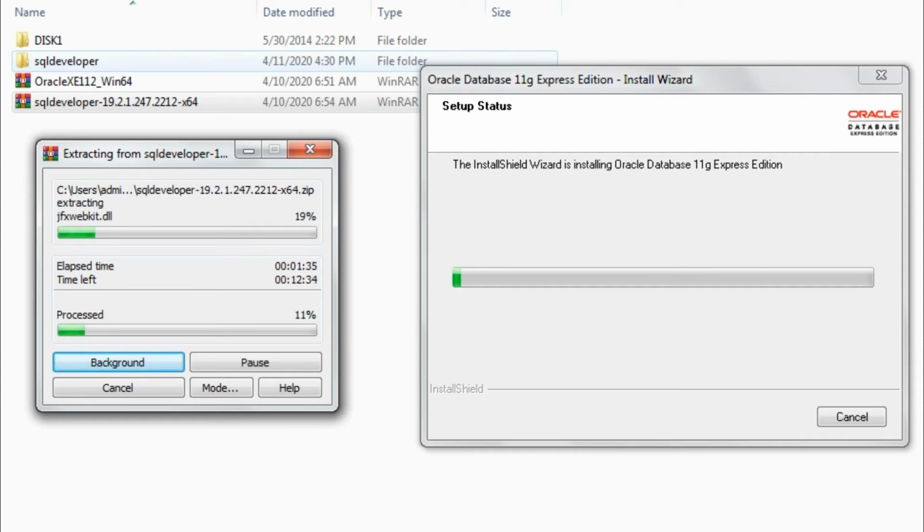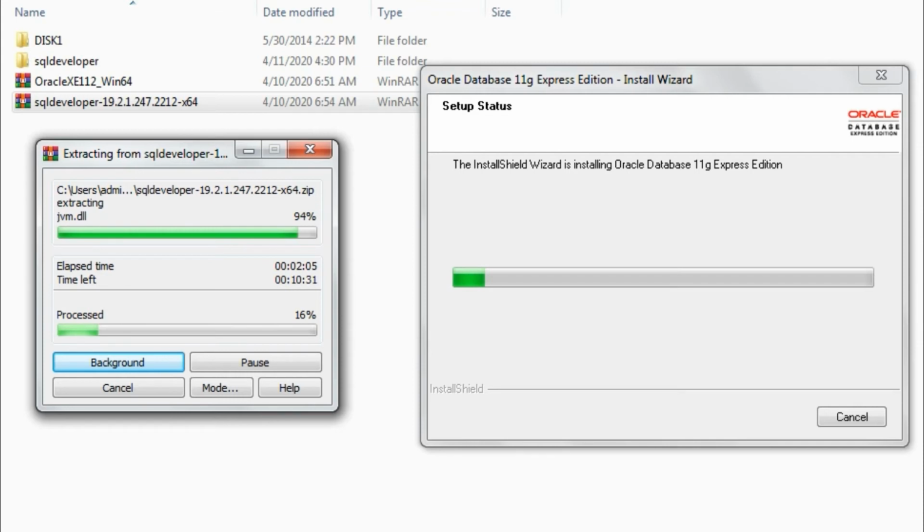Once the extraction of SQL Developer is done, we can stop doing anything else with it, because the software does not require an external installation on your system, unlike the Oracle database. It's a front end GUI where we will use SQL queries to communicate with the Oracle